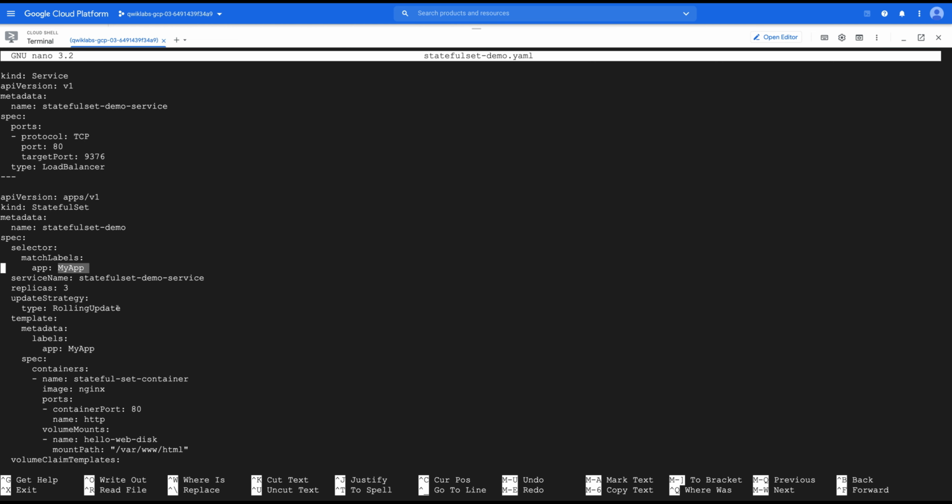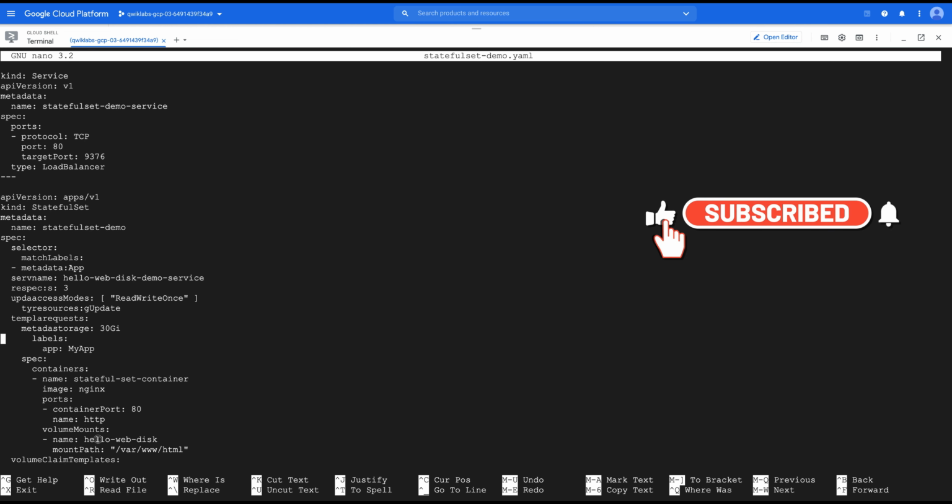Inside this I have more definition, and the important part is this claim, the volume mount. I am getting that hello web disk, the disk which we created, and mounting it at the /var/www/html path.